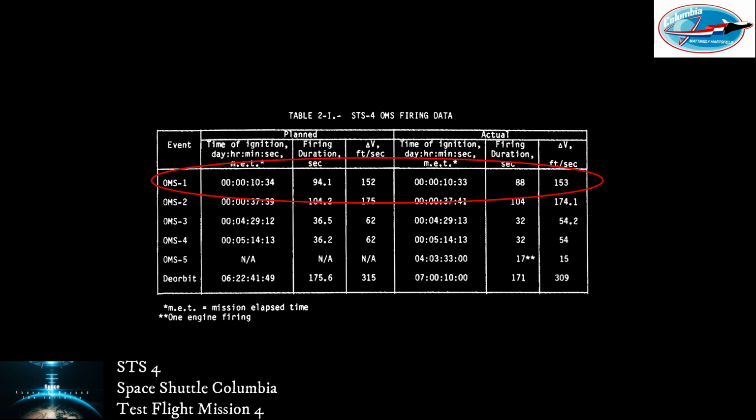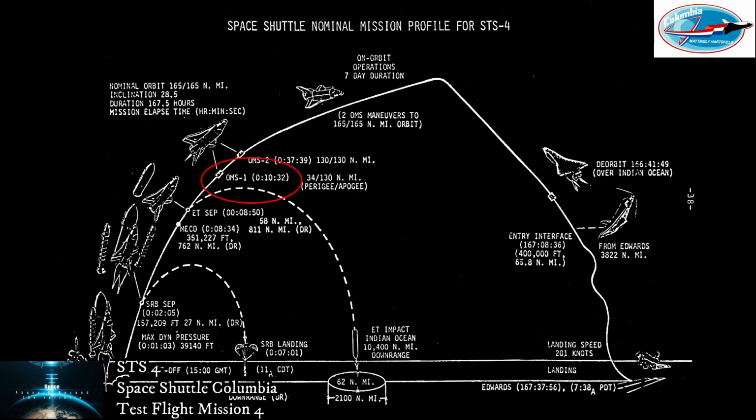Prop systems engineer reports ignition on both OMS engines, looks good. Flight dynamics officer Ron Epps reports the following predicted numbers for the first OMS burn. Time of ignition, 10 minutes 39.3 seconds. Delta V, 153.5 feet per second. Burn duration, 1 minute